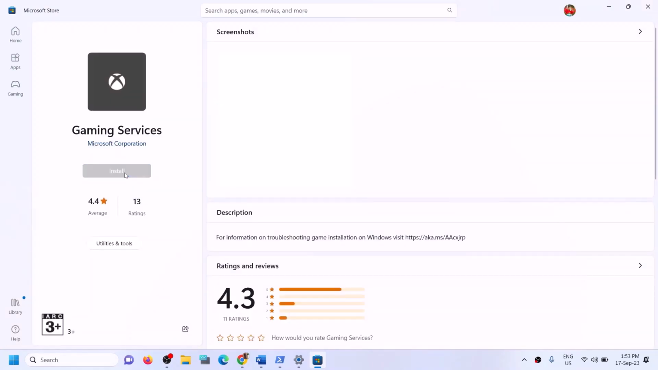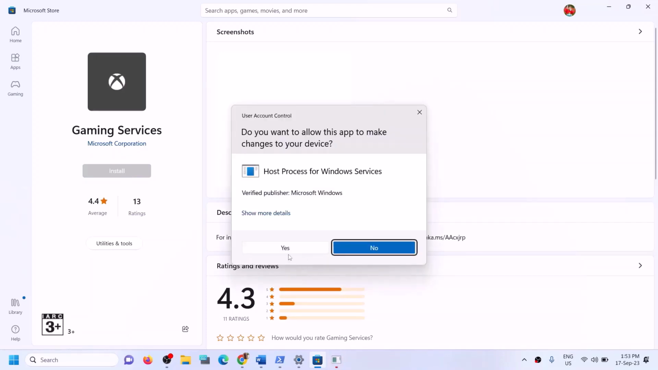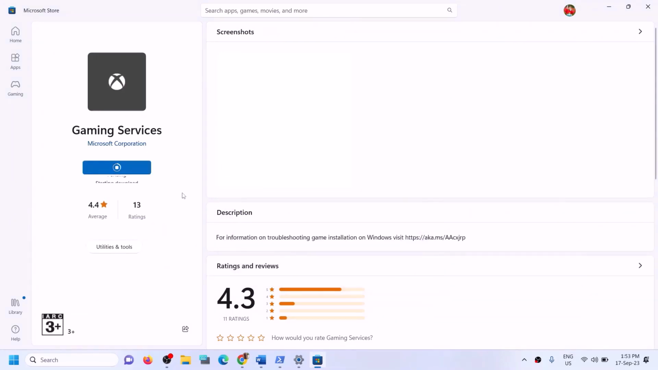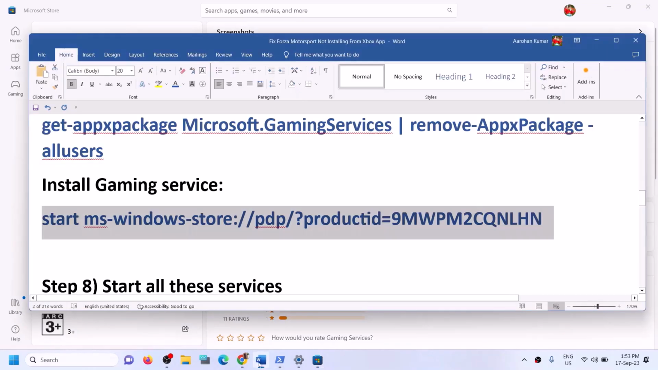And on Microsoft Store you will see gaming services, and it will give you an option to install gaming services. So click on install, click on yes to allow, and let the download complete. Now once gaming services is installed, then you can try to install the game. Now if you're still facing the problem,